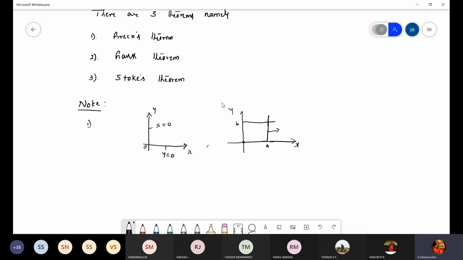Now it is a straight line parallel to y-axis, no? A line that is perpendicular to x-axis is a straight line parallel to y-axis. The y value is varying, but the x value remains constant. Is it right? X is equal to a only, whether you go upward or downward. X remains the same. Therefore, for a line parallel to y-axis, the equation is x is equal to some constant. Similarly, this is y is equal to b, another straight line which is parallel to x-axis.